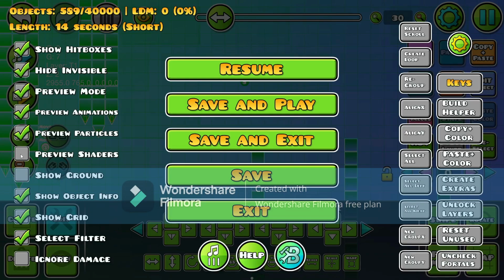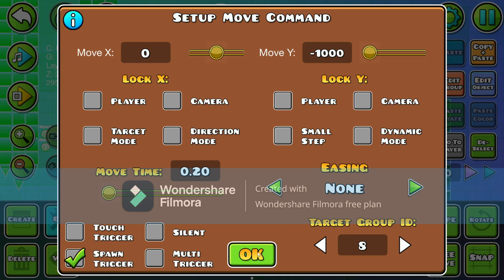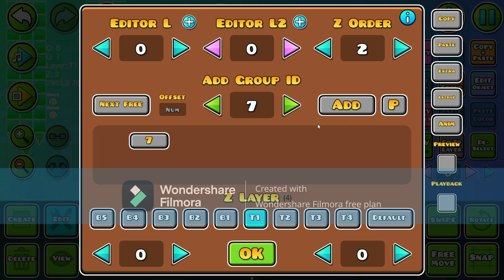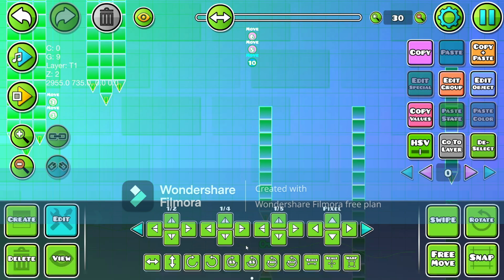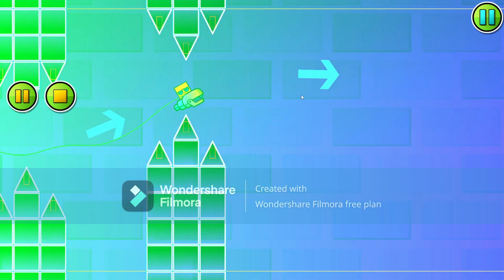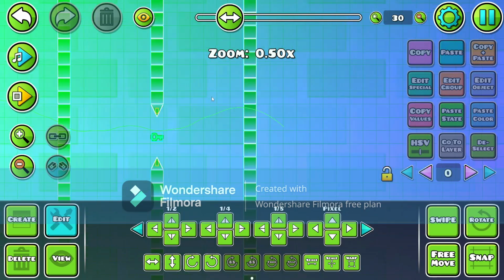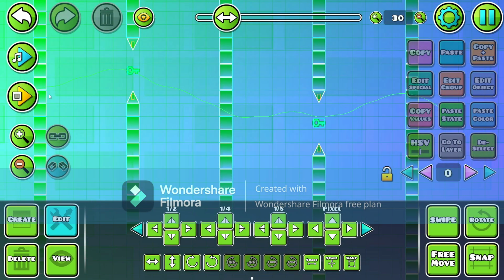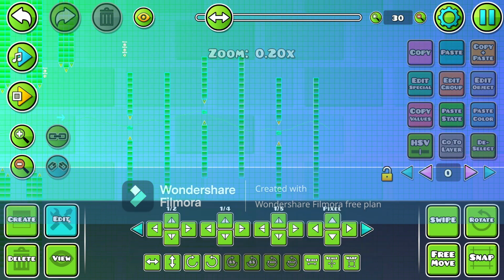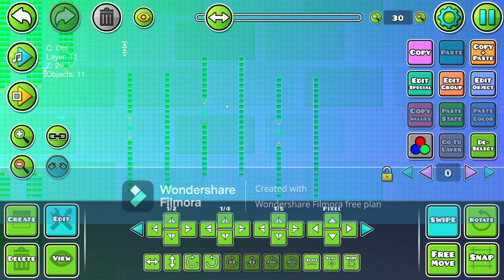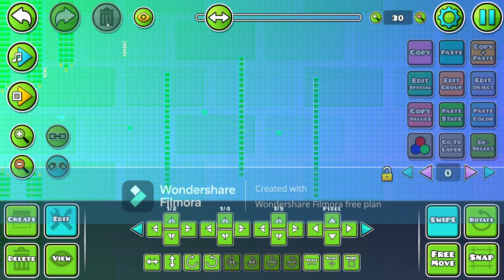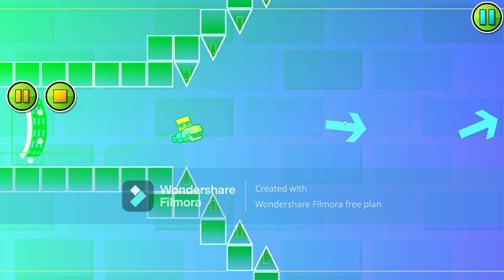You can turn off shaders, but that gradient doesn't count as shader. See that? Copy and paste it one more time. Give it 10, and then give this 9. If you play test your level, see? If you collect the keys, it will get rid of the walls. Then you get rid of all of these barriers. You see, if you play the level,